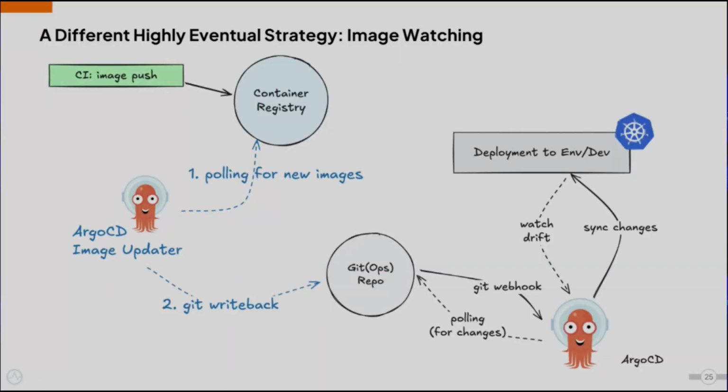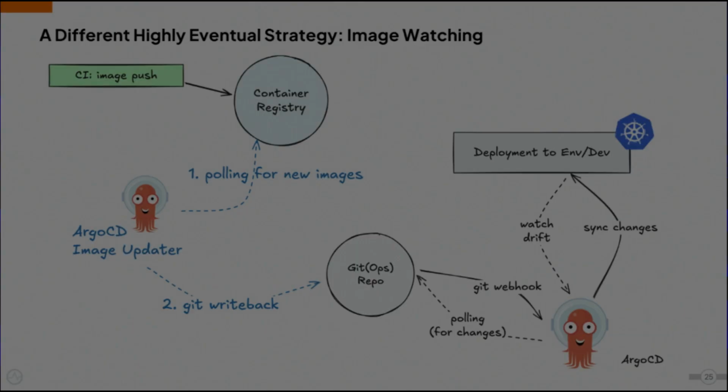Now, this is a slightly different way of doing it. It's becoming more popular, but this is a bit more on the asynchronous side, meaning if you're on a fence, this is more or less leaning towards the continuous deployment side of things on that spectrum, because now you have very little control over production releases, for example. So how this works is, again, the same CI image push. You push the image into a container registry, and instead of you going and updating your GitOps repository, as in what we did before,